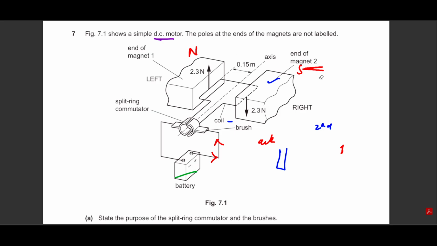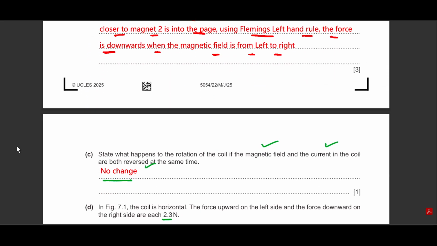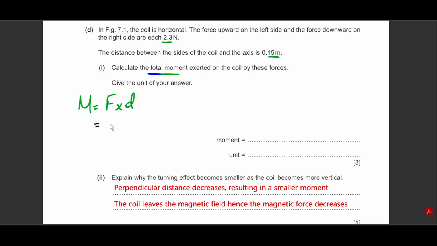Now, let's notice where the distances are, where the forces are. So we can see that the perpendicular distance between the forces will be this, making an angle of 90 degrees with both forces. It's 0.15 to one side, then 0.15 to the other. We want to find the total moment. It will be 2 times the moment of everything. So it is 2 times force is